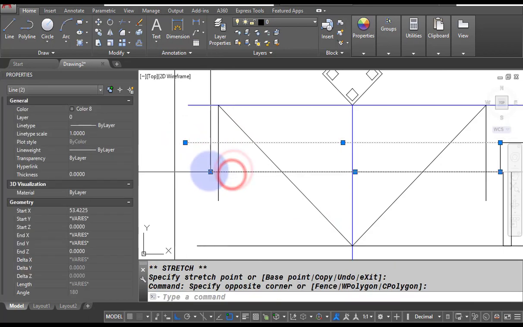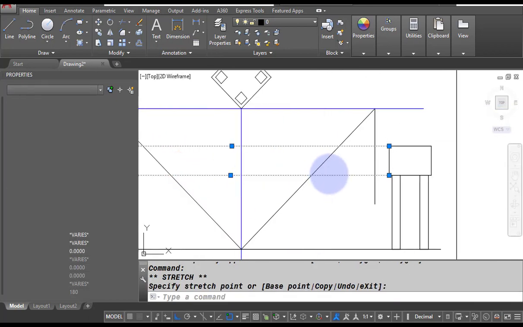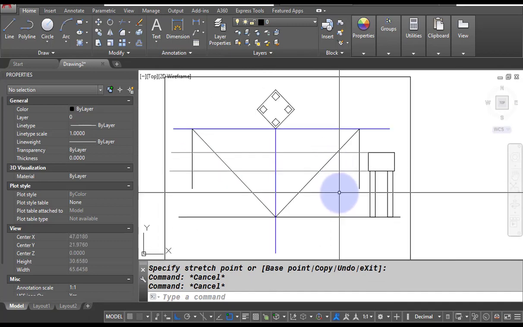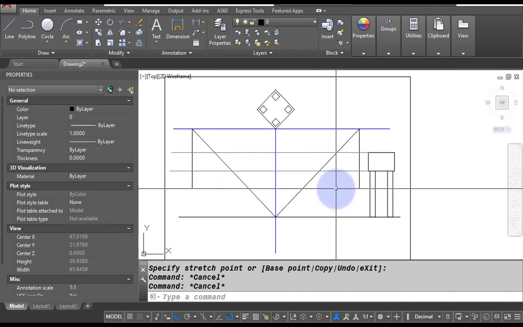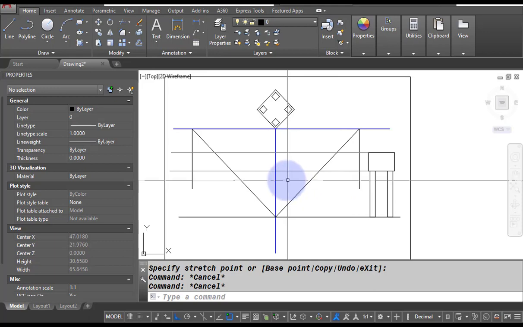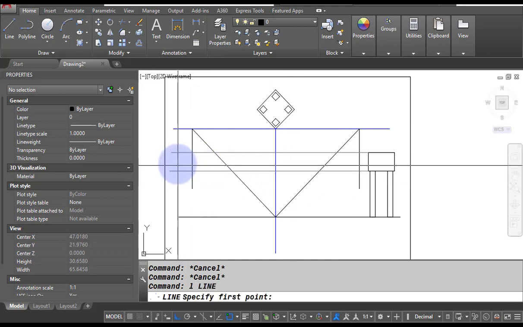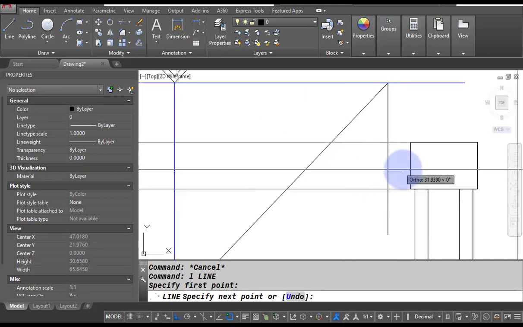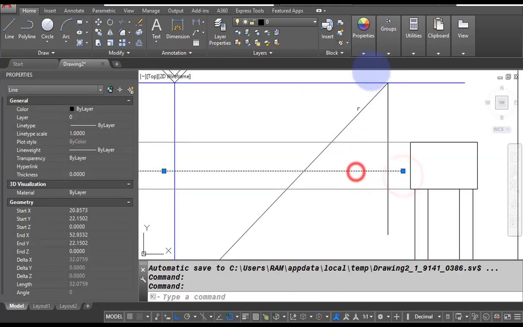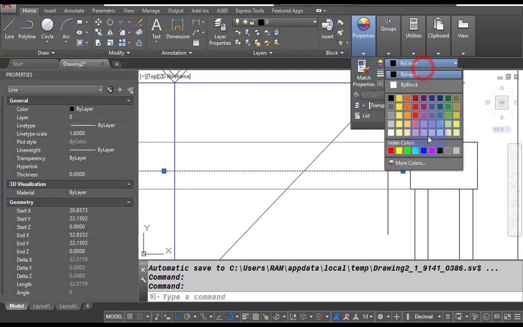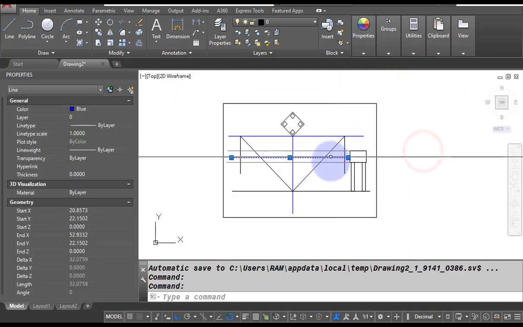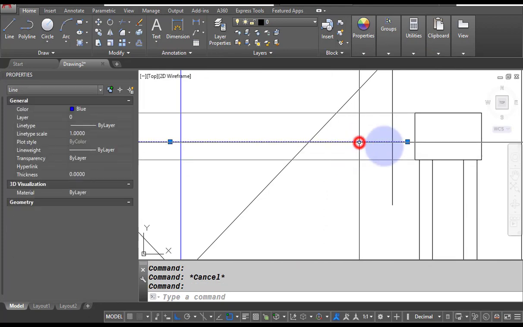Now you have to choose your horizon. Now based on your horizon, your object may look different. So right now I'm going to take the horizon. Let's say this is my horizon. So I'm going to take the horizon in between the top of the column and the top of the tank, right? So in between this height I'm going to take the horizon. I'm also going to make the color of this line blue because this is our horizon.